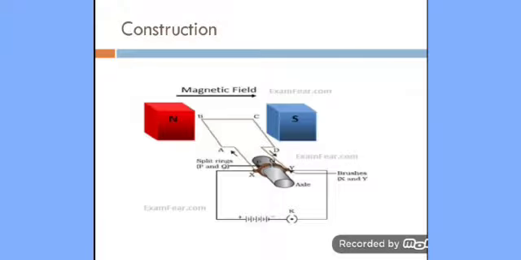We have learned previously that the force acting on a current carrying conductor is determined by the formula F equals BIL sin theta, where B is the magnetic field intensity, I is the magnitude of the current, L is the length of the conductor, and theta is the angle between the current and the magnetic field. Here the directions are the same, therefore parallel, that is the angle between them is 0 degrees and sin 0 is 0. Therefore no force acts on BC. Therefore the rotation is either clockwise or anti-clockwise. This is the working principle of an electric motor.